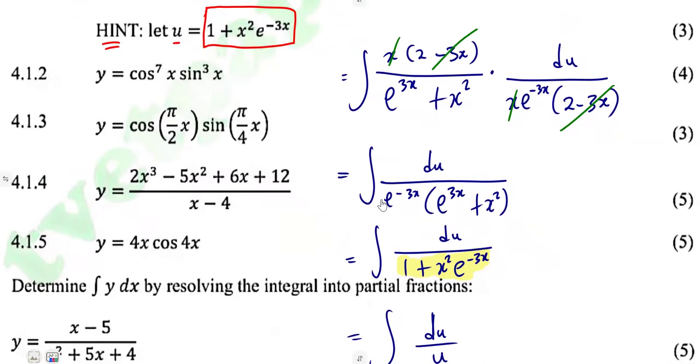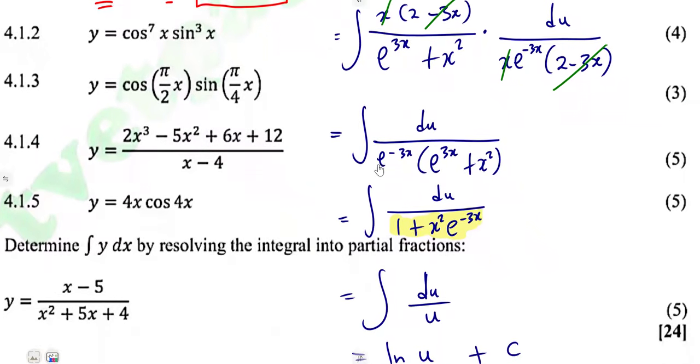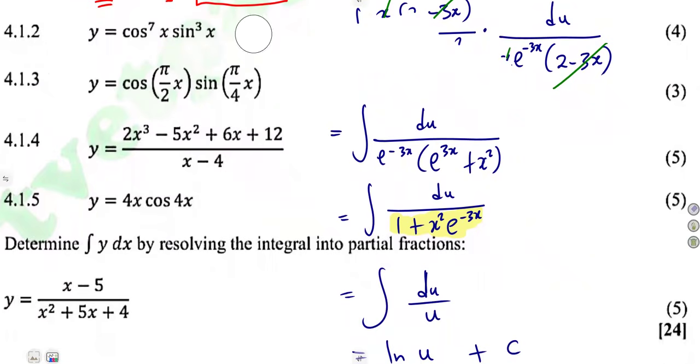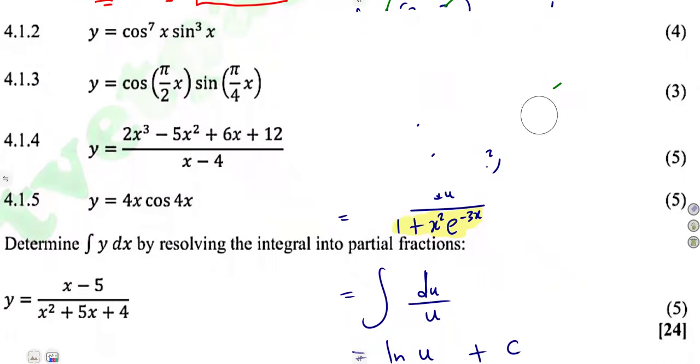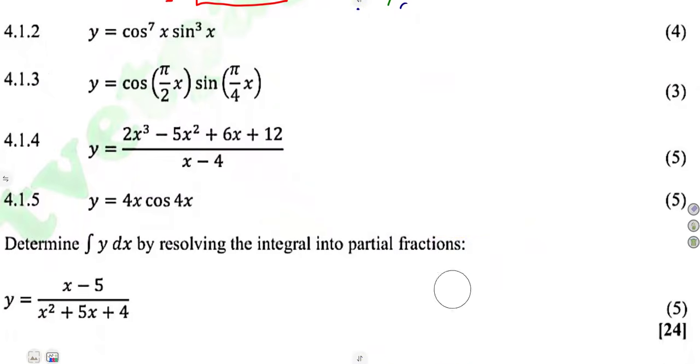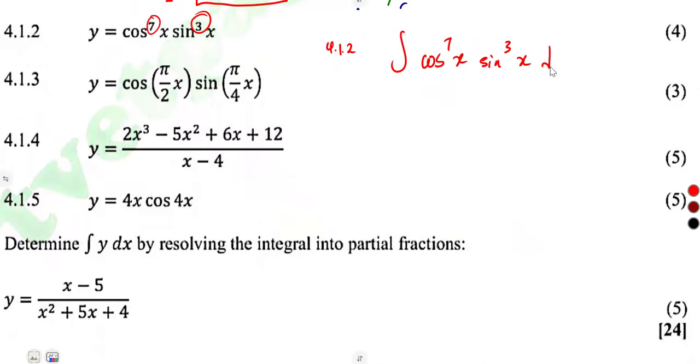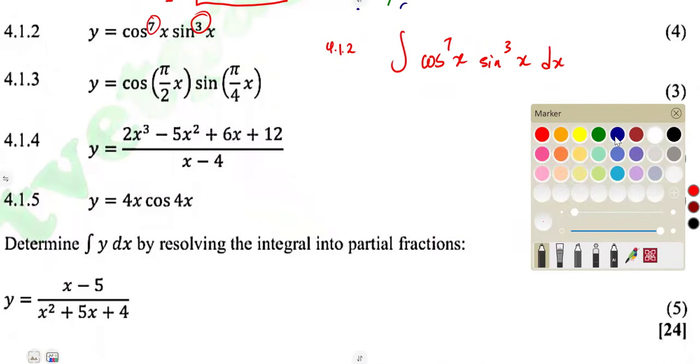Let us consider another part, 4.12, which was to integrate this. All right, that's a cos and a sine raised to odd exponents, 7 and 3. These are odd numbers. So that's the integral of cos to the exponent of 7x, sine to the exponent of 3x, with respect to x. Remember, on our integration, if m and n